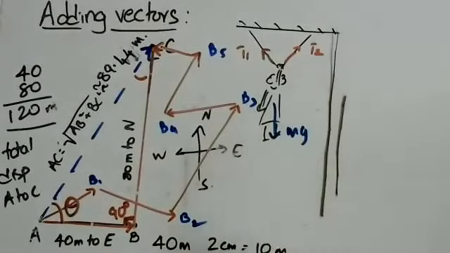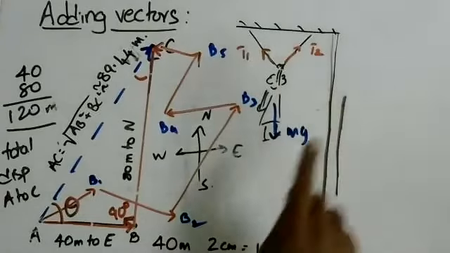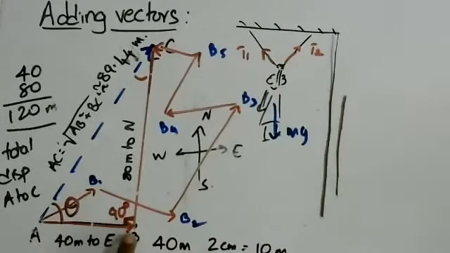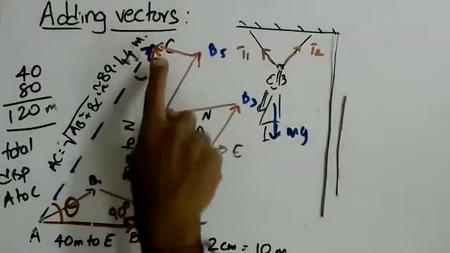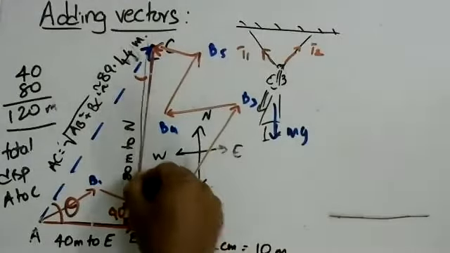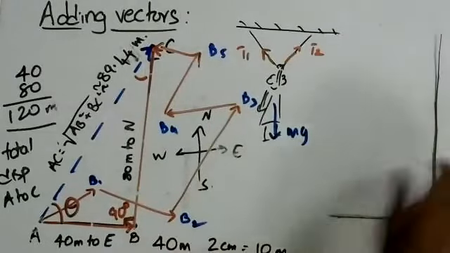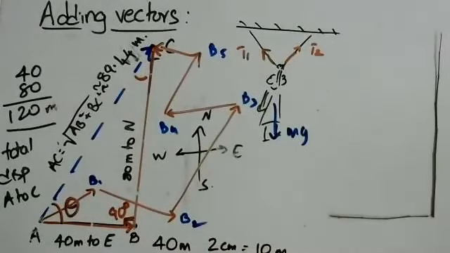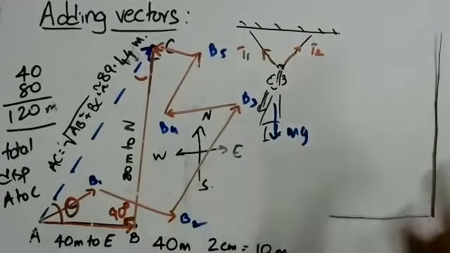Okay, so on the graph sheet, what you have to do is, using the same scale that we had decided over here, you draw the lines: 8 centimeters for this one, whatever for this one. So it will be like this. Okay, so you draw 2 lines on your graph sheet like that. This will be whatever it is for 40 meters, and this will be whatever it is for 80 meters.